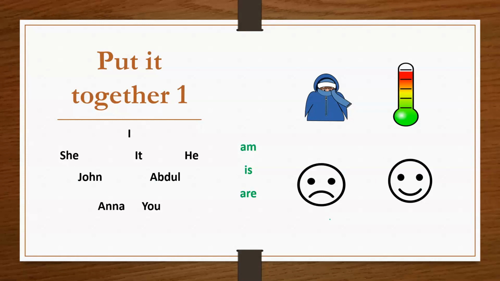Now, it could be that after my example, Bethan said, John am sad. That's very possible. That's okay. So, John am. Anyone? And maybe someone else would correct gently, or I might just say, John is, he is, Anna is, Abdul is. So I might wait for someone to make a mistake before I jump in, because remember, I thought they broadly knew I am, you are, and I'm just sort of a teach, test method. I'm just sort of testing the water to see what they can put together.